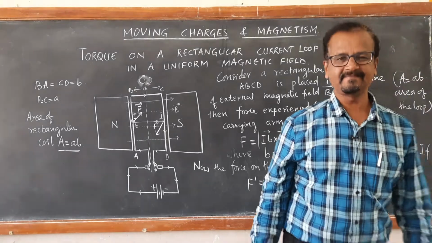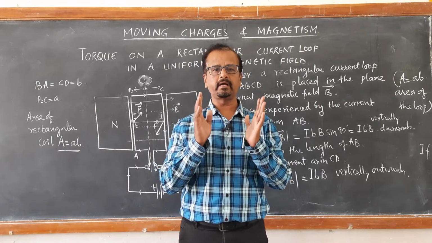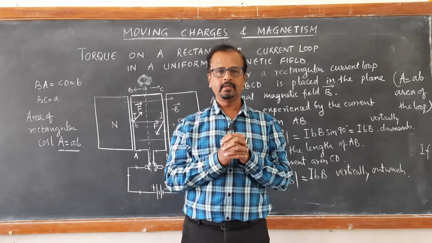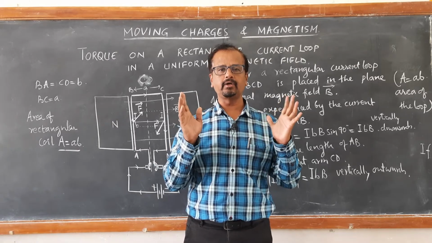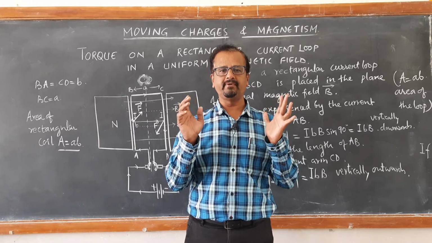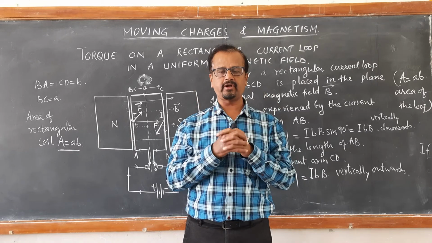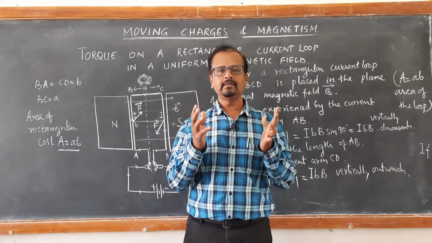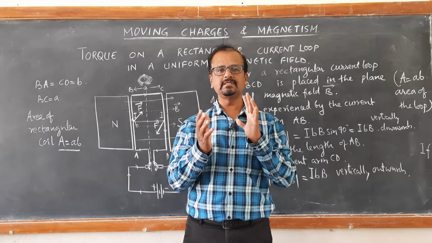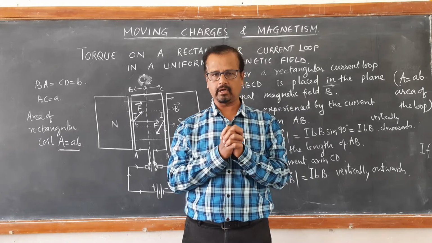Good morning, cadets. Today, let us learn what happens to a rectangular loop carrying current placed in a strong magnetic field. You will come to know that when a rectangular loop carrying current is placed in a strong uniform magnetic field, it experiences a torque. What is the cause for this torque? We have learned in class 11th. The torque is due to the force which is leading to turning effect. The turning effect of force is called as torque.